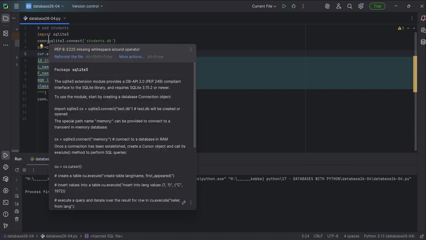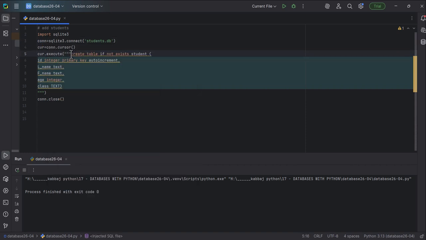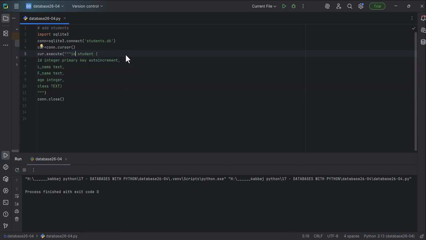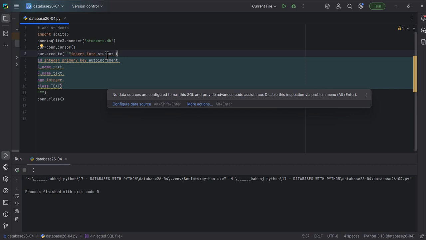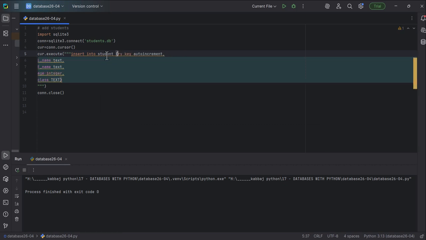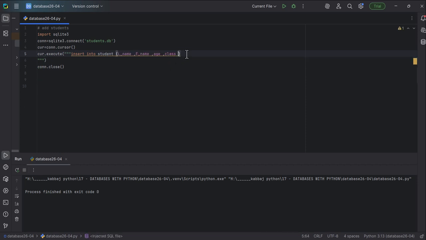fill the database. That's why instead of creating we will insert. So I will formulate the command INSERT INTO students. After each field we put a comma. So we close the parenthesis. Now we will give the values to the fields. That's why we